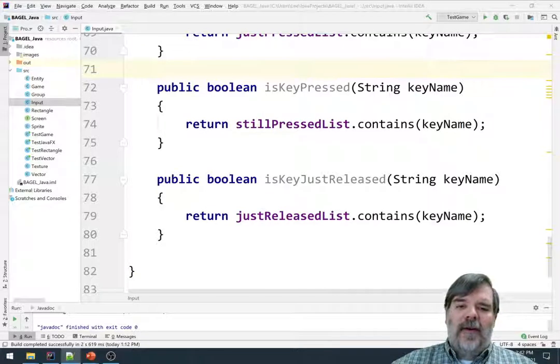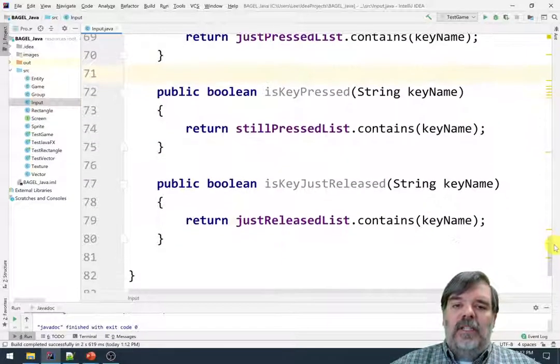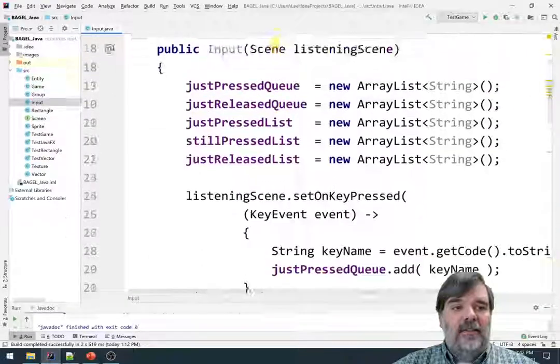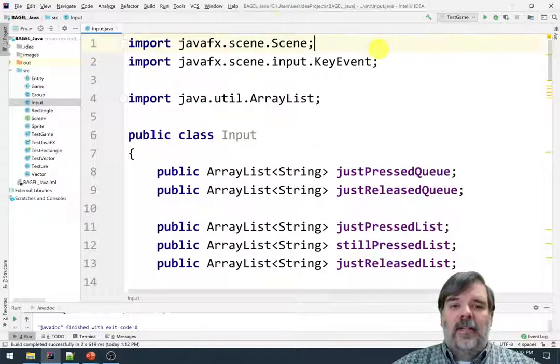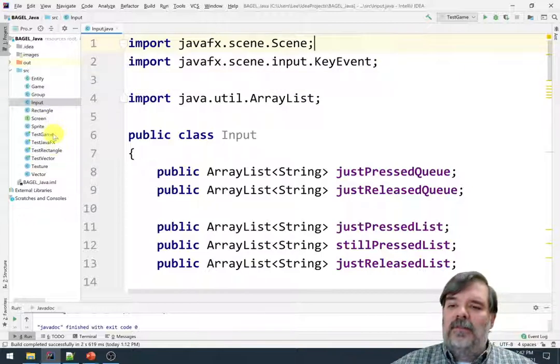Someday we might go back and add some mouse input functionality, but for now, this looks pretty good. In the next video, we'll see how to use this class and incorporate it into the game class. And then we'll change our test game example so that we can move around the basketball using the arrow